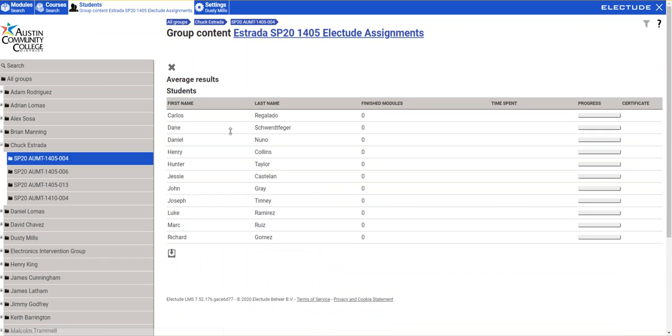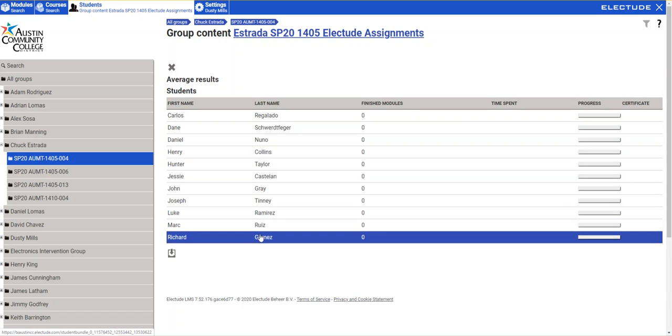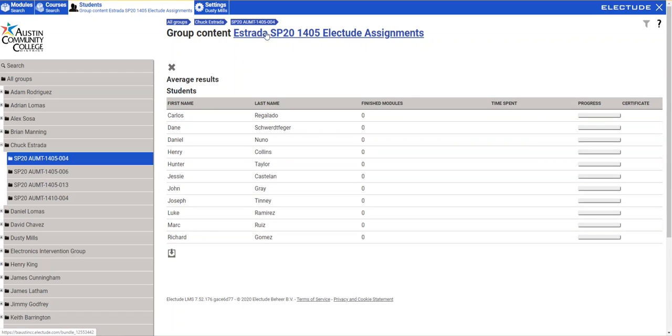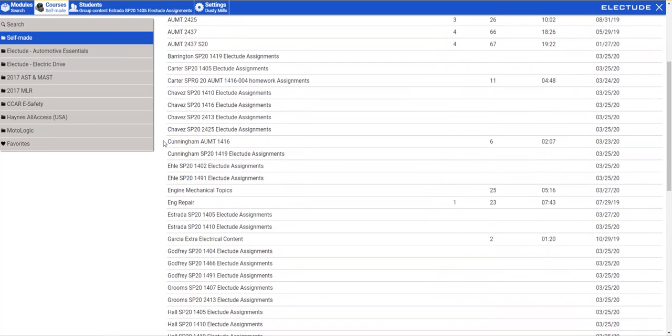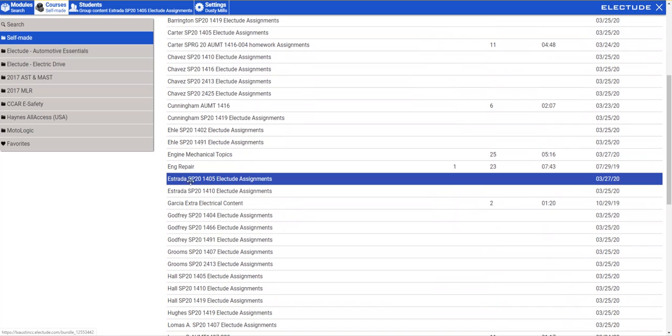Now, you'll notice if I click here, it doesn't show me anything about the course. It only shows me the students that are assigned to it. I can click this link to go straight to the course, but another way to get to a course is to click the Courses tab, click Self-Made, and each of you have one of your curriculums for each class that